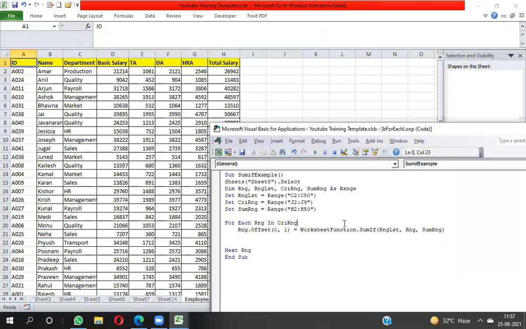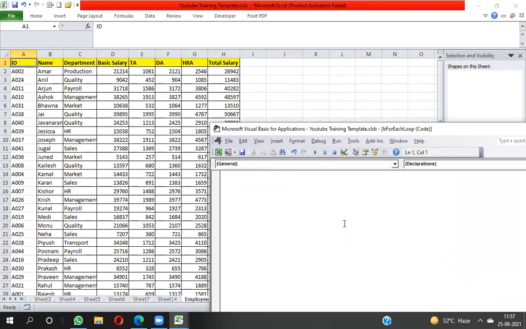VBA, I'm just removing this data. Okay, so what I have to do here, I need to apply a sub, COUNTIF and SUMIF example in another sheet.